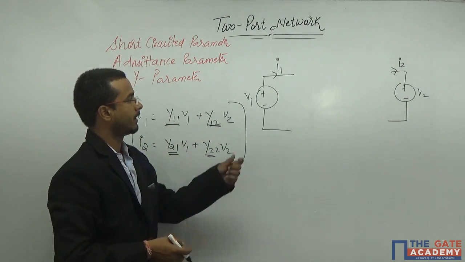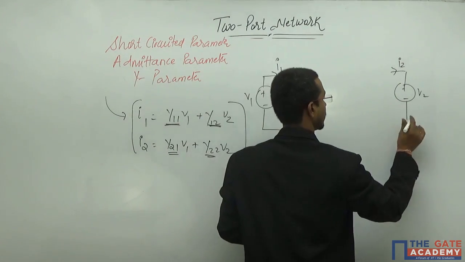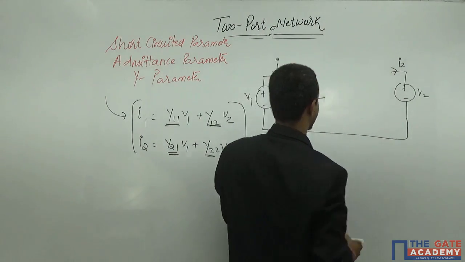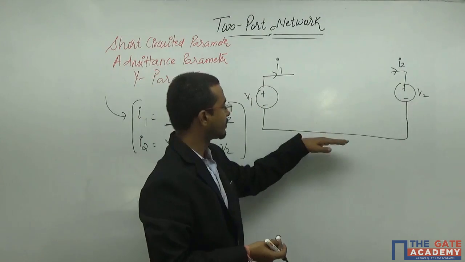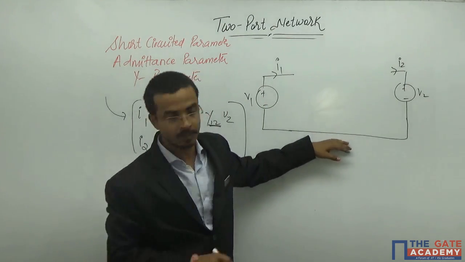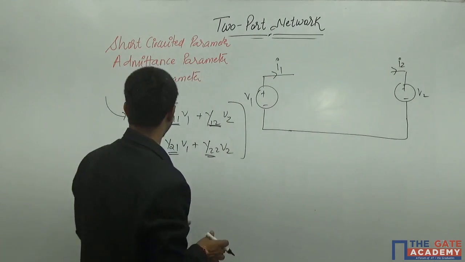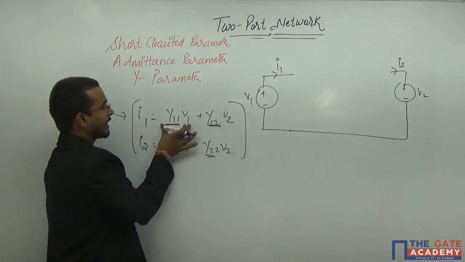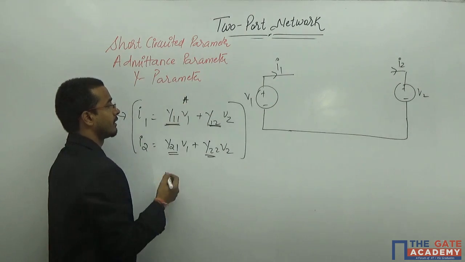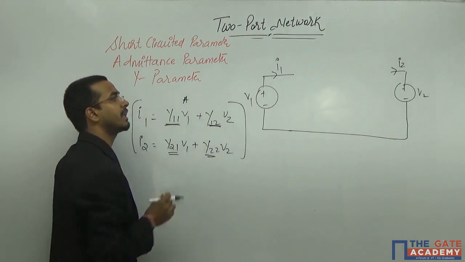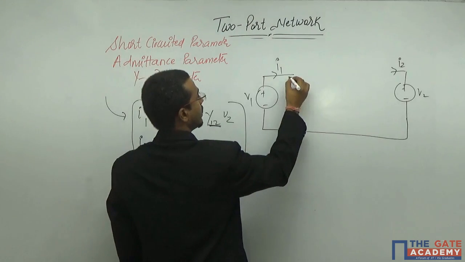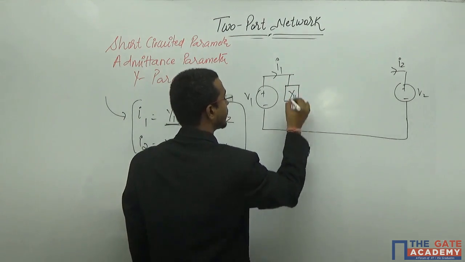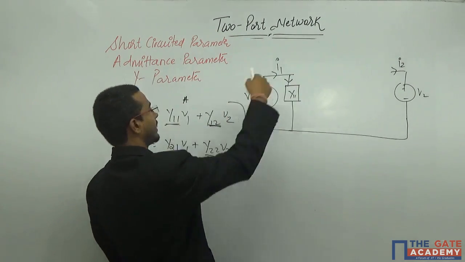This is your exact two-port network, and you will ground it because I am drawing both the sides with respect to the common ground. Now, the multiplication is basically the current: if it is voltage, it must be multiplied by the admittance. Voltage into admittance, that means here you will get this particular current.